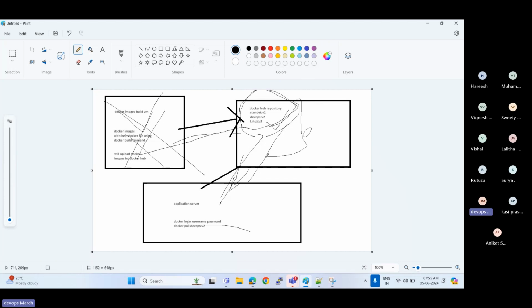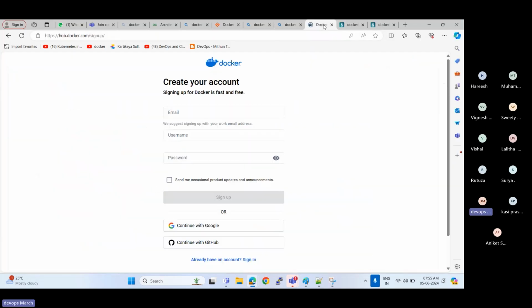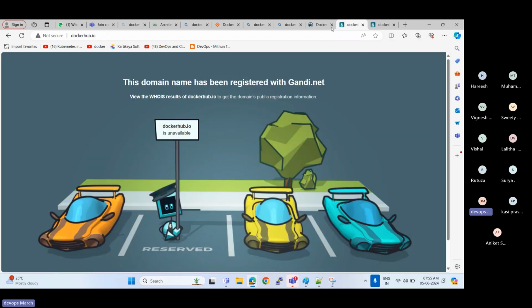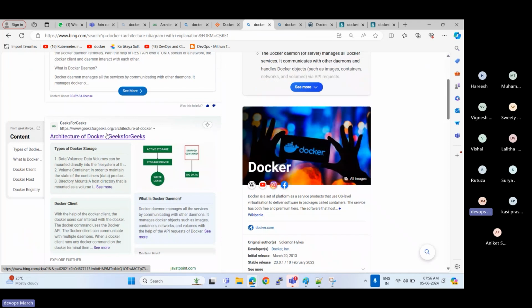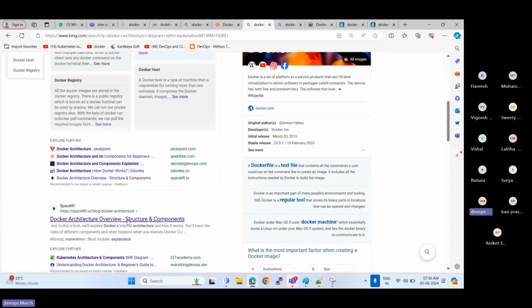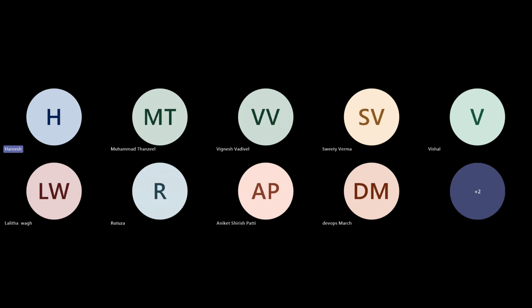So tomorrow we will talk about how to install the Docker engine, how to install the libraries, and the architecture we have. What is Docker daemon, Docker client, Docker Hub, what each one will do. We will explain the Docker architecture clearly. Are you using any private registry?